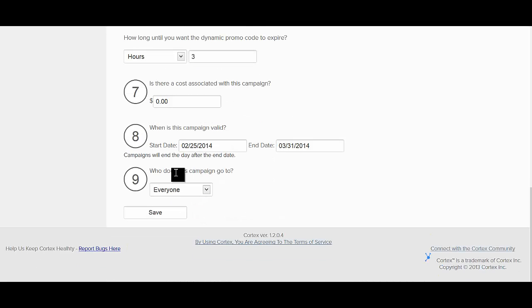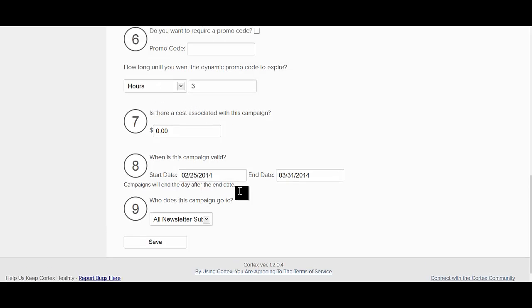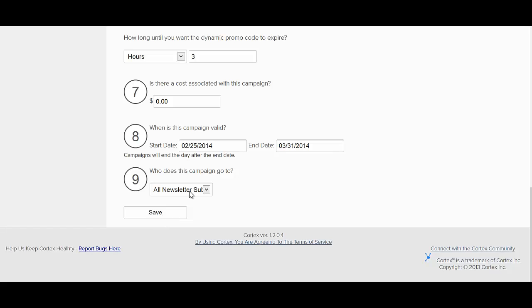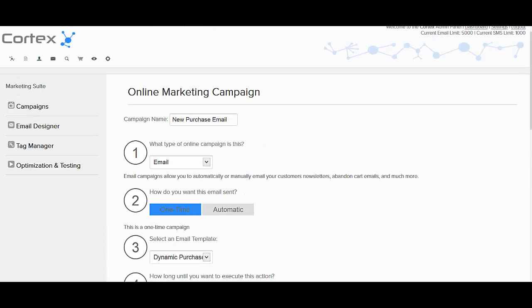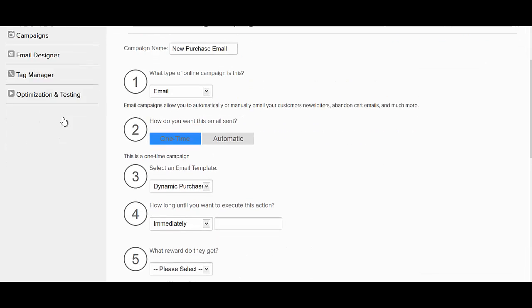And then you come down here and we'll go all newsletter subscribers. That's what we really recommend, because if you do it to everyone, you're going to get big time spam markdowns, and we will have to actually limit your account if you're spamming too much. So always make sure you're just sending newsletter blasts out to just your newsletter subscribers. Go ahead and hit save, and you can see right here, even if you keep this same email template with